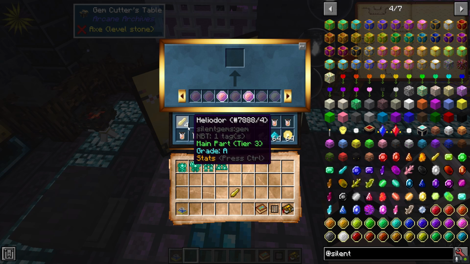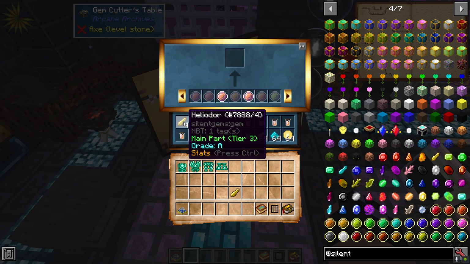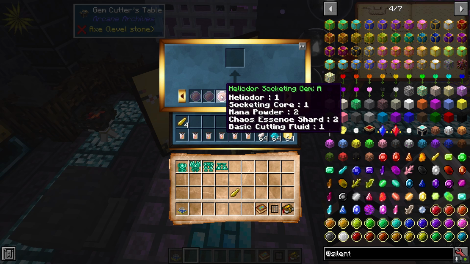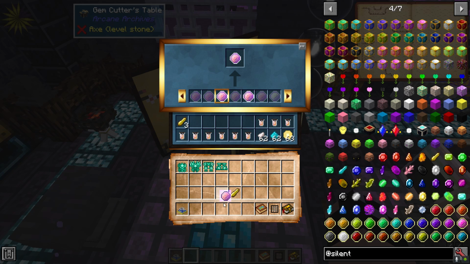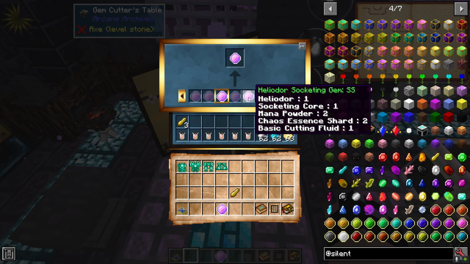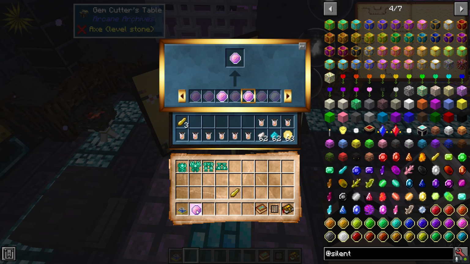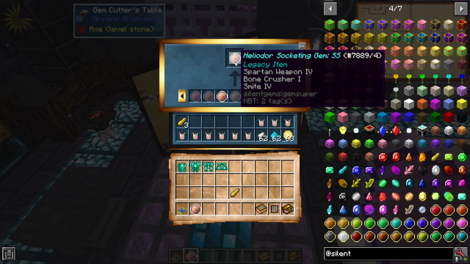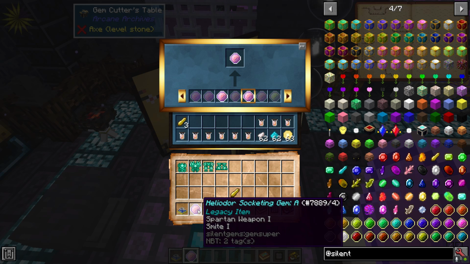So for example, if I throw in, you don't even have to throw it in here, it can be in your inventory, but if I put in our grade A Heliodor gems, I can click here and I can get a Heliodor socketing gem. So this is a Heliodor socketing gem A. And you can see that it has Spartan Weapon and Smite on it. Now if you compare it to the difference, this is a jump over the S rank into the double S rank socketing gem. You can see now we have Spartan Weapon 4, Bone Crusher, and Smite 4. So a big difference. And then of course the triple S's are extremely powerful, very rare but extremely powerful gems that you can socket